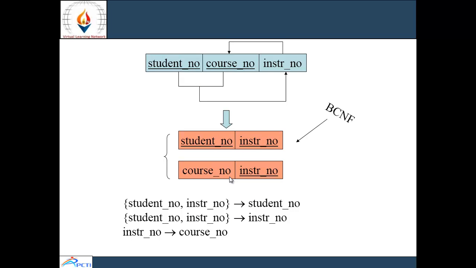This is all about the normalization process in database management system, which contains different rules: first normal form, which mainly deals with redundancies or duplicacy; second normal form, which mainly deals with partial dependencies; third normal form, which mainly deals with transitive dependency; and Boyce-Codd normal form, which mainly deals with the anomalies which cannot be dealt with by the third normal form.